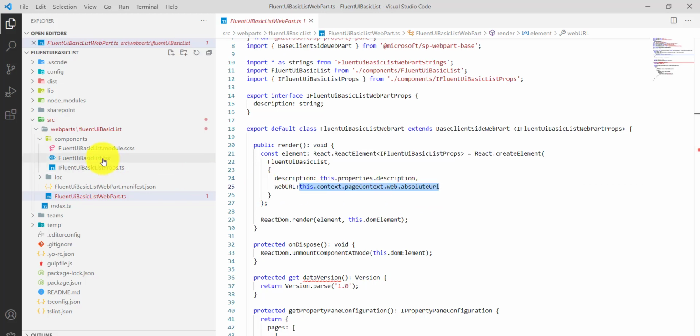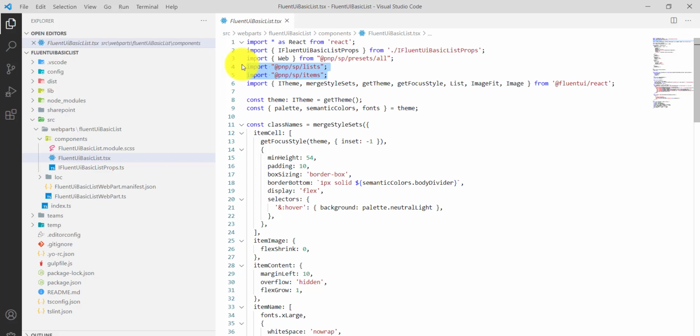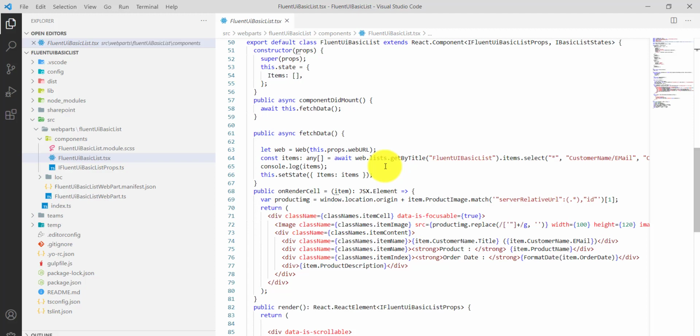And next thing, if I go to the tsx file, because everything else is now in the tsx file, we can see here we have the import statements, and these things we need to import from Fluent UI React. And then first thing I'll show you where we got the data. You can see here componentDidMount, and here we did the fetchData.